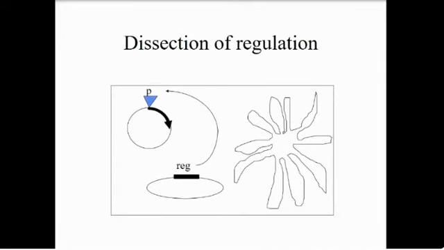And if you're dissecting a regulatory system, you might want to not just look for where a promoter is, you might want to look for the regulator as well. And that's much easier if you're studying E. coli, for example, it's slightly complicated because you might be trying to work in E. coli, pulling out promoters and regulators, and they're already there in the chromosome. Okay? Whereas if you're using E. coli as your system